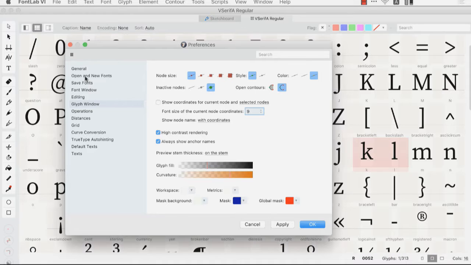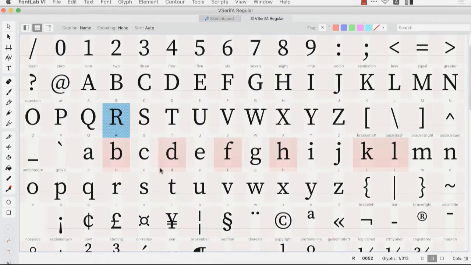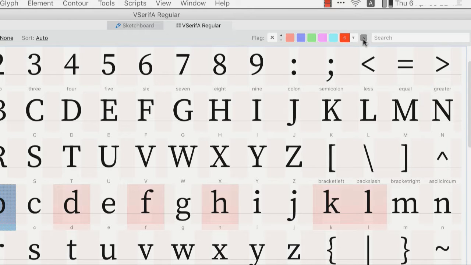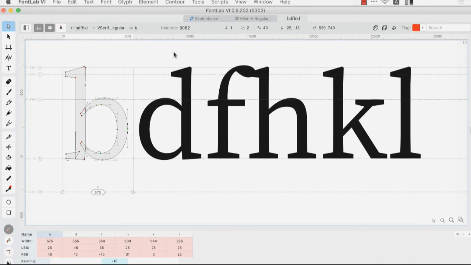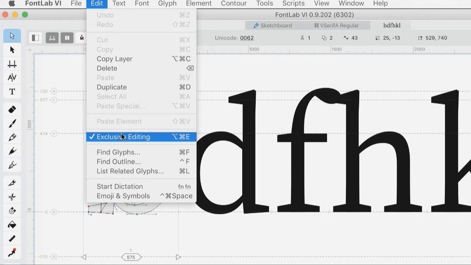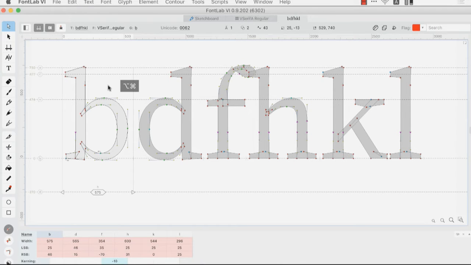So what I've done here is I've made sure that the UFO saving preference is on. I've opened a few glyphs and turned off the exclusive editing mode, which controls whether you're editing one glyph at a time